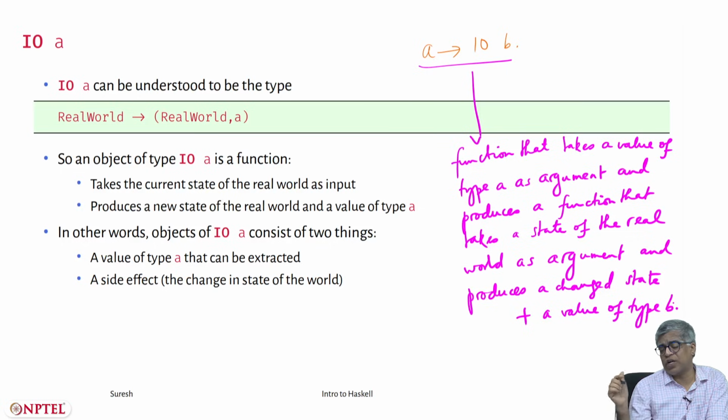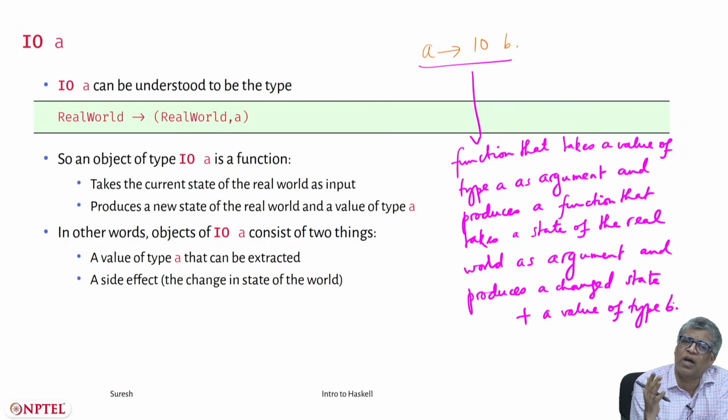Okay. And earlier we had String arrow IO Unit. Notice that the unit is a dummy value, so you can ignore the unit. So String arrow IO Unit means that it is a function that takes a string as input and produces an action, let us say, and this action is something that takes a state of the real world as input and produces a new state of the real world. putStr, what is the new state produced by putStr? So think of the real world as containing lots of things, including the computer's memory, whatever is on the screen, the output that has been produced so far, let us say. The new world, that is the state of the current world, is one where one extra line of output has been produced to the screen. Okay, so it's as simple as that.